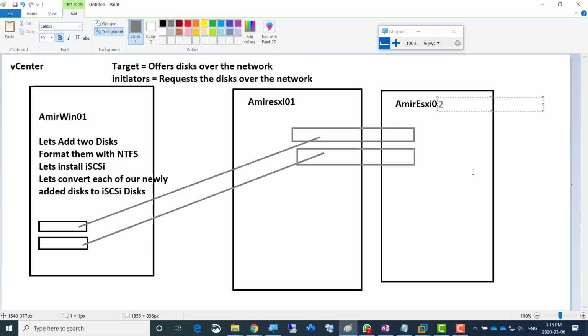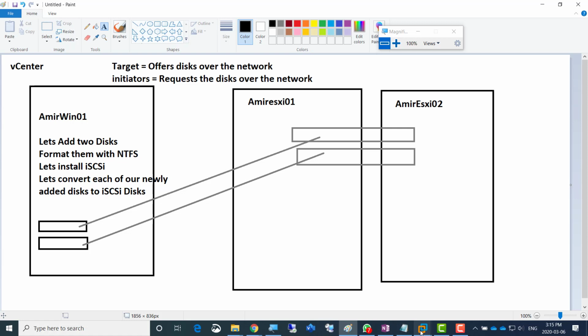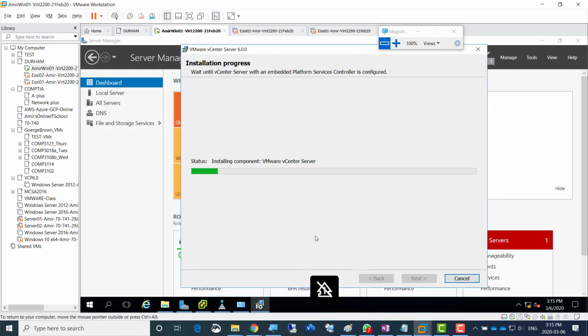So let's configure that while our vCenter installation crawls ahead, or thinks of going ahead. Is it still thinking? Oh, there's progress. Okay, so